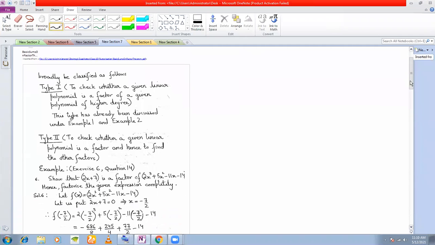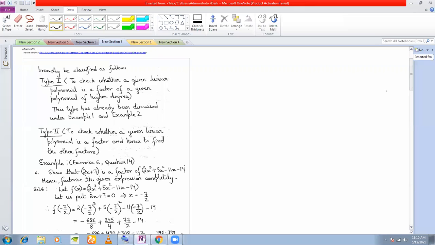So now if you see from factor theorem, there are two types of problems that you will get. First, to check whether a linear polynomial is a factor, just as the last problem I solved, to check whether 2x plus 1 is a factor of this. So this is type 1. You check whether this is a factor of a given polynomial. Type 2 is that you can be given a polynomial and simply you will be asked to look for factors. Okay. Understood? Any polynomial will be given as a factor and you will be asked to look for other factors.